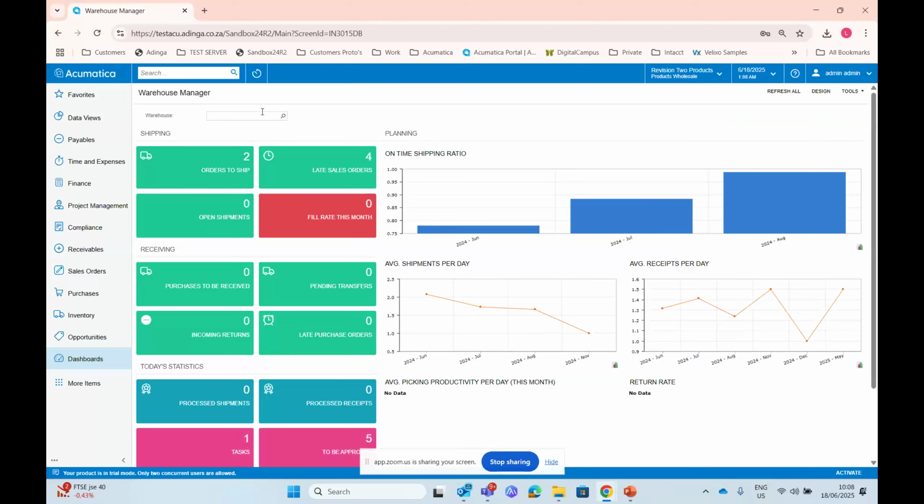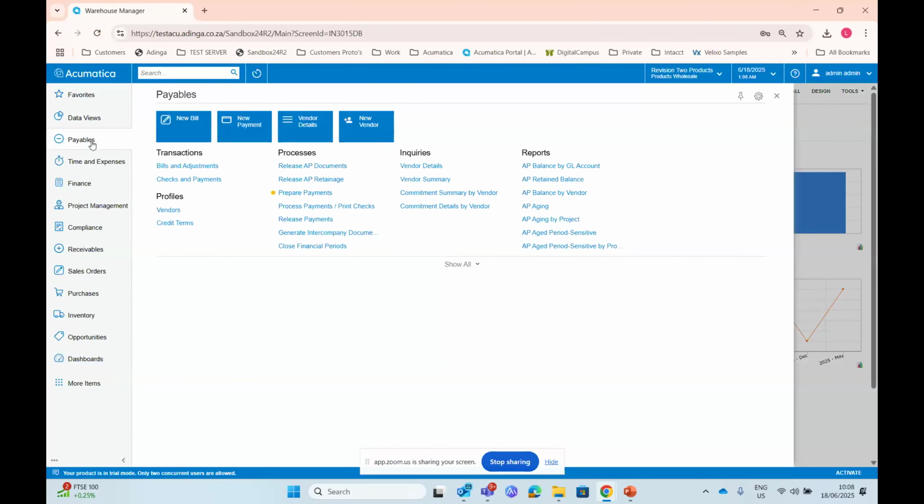So a lot of companies, in Acumatica, there's three ways you can do a payment. You can do a payment from your bank, processing your bank, and then you create the payment there, and it will automatically go into your receivables or payables. Or you can do a one-on-one payment where you go into payables, checks and payments, and create it. But a lot of times that's very time consuming, and doing one-on-one payments can take forever.